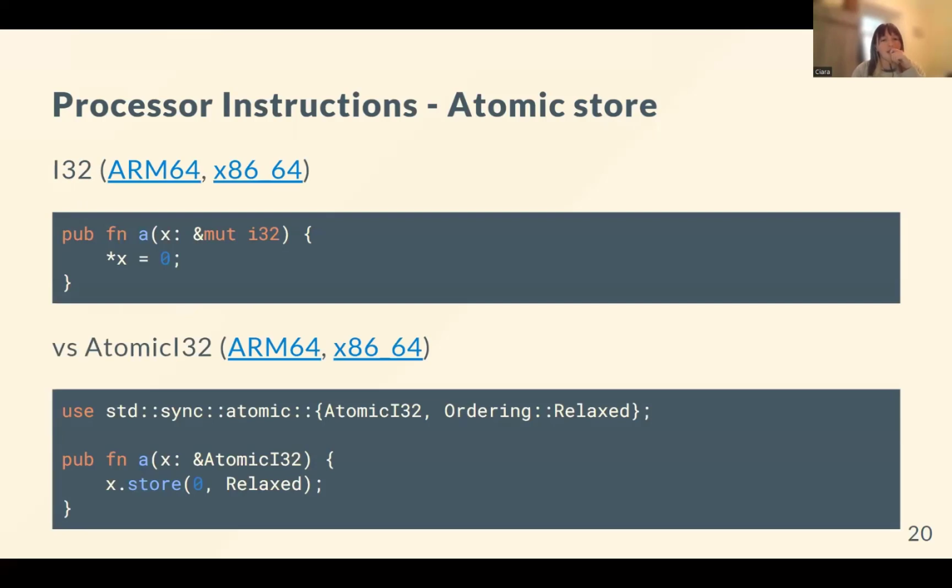So if we take the store example, in this case, we're again taking an i32 by reference, but this time we're just going to store a 0 into it. And we can compare that to the atomic version, which is going to be taking an atomic i32 by reference. Now, obviously, atomics have interior mutability, which is why this isn't mutable. But it's the same premise of storing a 0 into that atomic i32, and we can compare the different